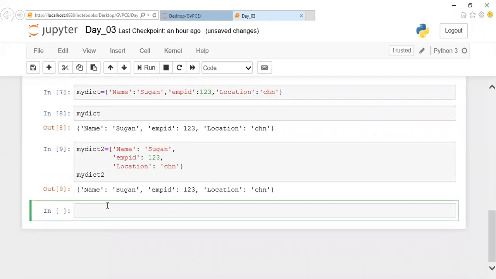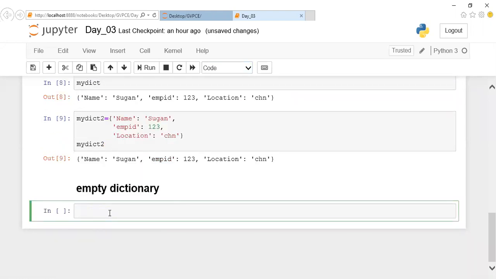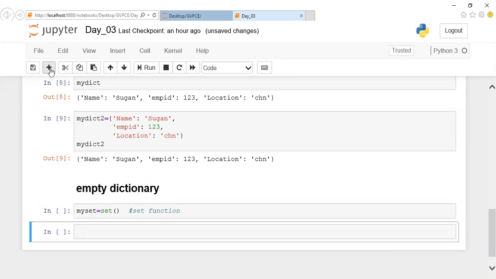We have seen that just by mentioning braces, I can declare an empty dictionary, right? The same way, I can create a dictionary by using the dict method. As we declare a set, I can declare an empty dictionary by using the dict predefined function. I guess you people could remember, for set, we wrote my set assign set of. So this is nothing but declaring a set by using the set function. This set is a predefined function. By using the set function, you did it. The same way, an empty dictionary can be initialized by using the dict method.